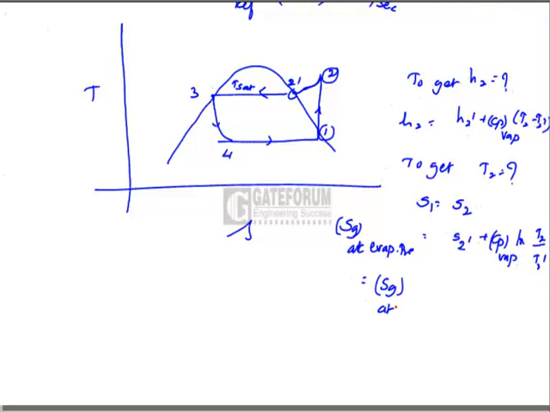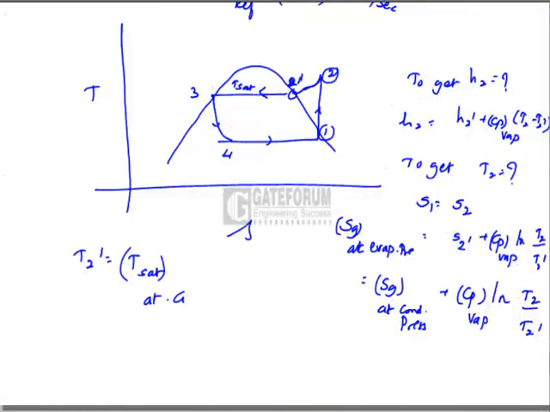Sg at state 2 is a dry saturated vapor state at condenser pressure plus Cp, the specific heat of the vapor at constant pressure, ln T2 by T2 dash. T2 dash is equal to Tsat at condenser pressure. So from this equation,